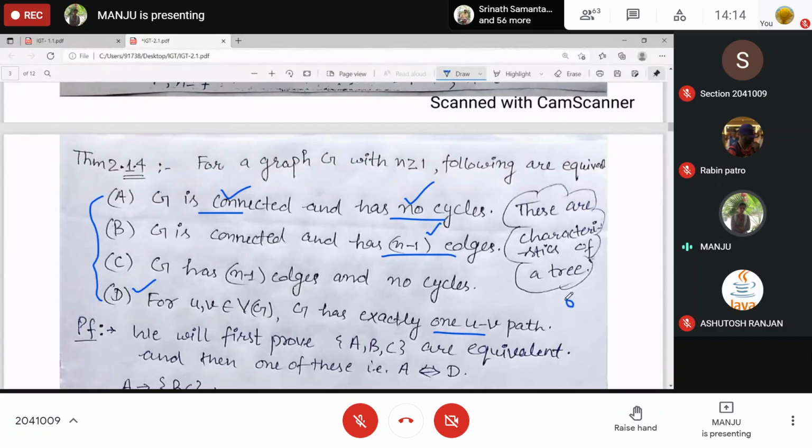And if we add one edge at a time, we are getting exactly one cycle. For example, again the same tree we can take. This is a tree of order 4, m is 3. If we are adding this edge, we will form exactly one cycle. Or you can add this edge. If you join any U to V, any one edge, you will end up getting exactly one cycle because exactly one path exists between every 2 vertices.